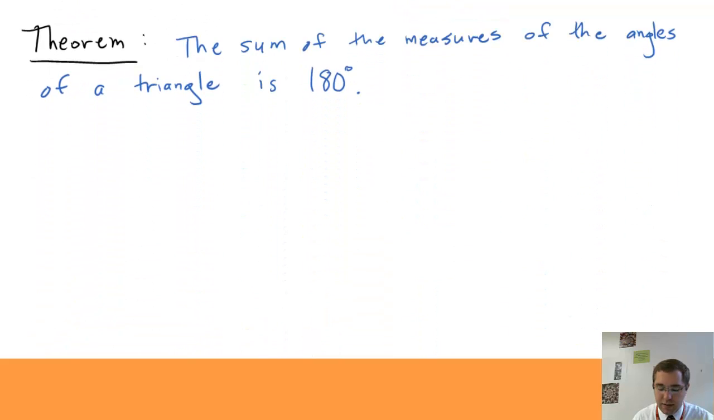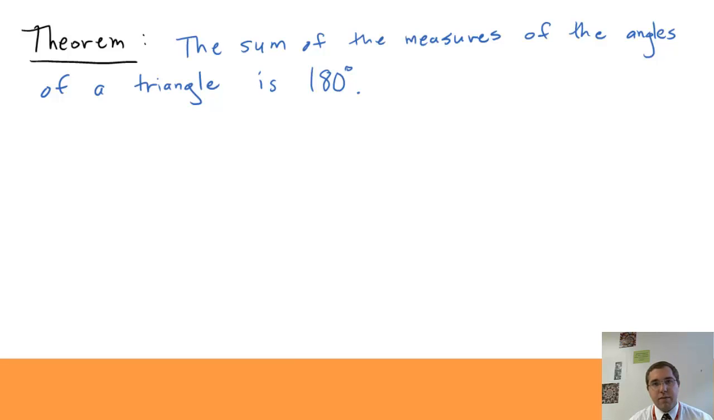Alright, it's time for a theorem that a lot of you have been assuming, but that we haven't stated or proven yet. This theorem says that the sum of the measures of the angles of a triangle is 180 degrees. So if we add up all three of the angles that make up a triangle, we get exactly 180 degrees every time. We will prove that theorem in class,